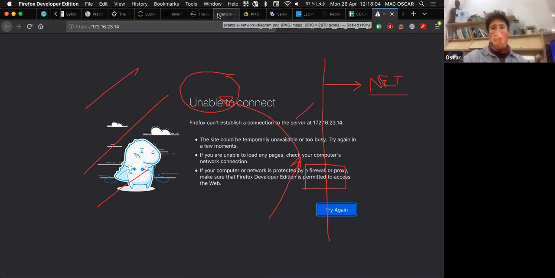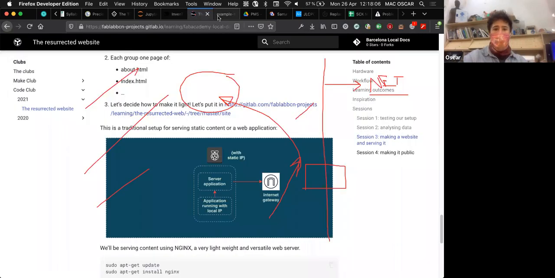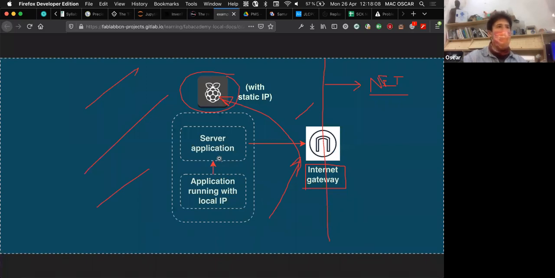For that to happen, what we need is a server, a small server application, a program that is running in the Raspberry Pi. This program can be an Apache server, can be Nginx, can be many things. We're going to use one called Nginx, whose only job is to connect things that come from the outer world. So what we call